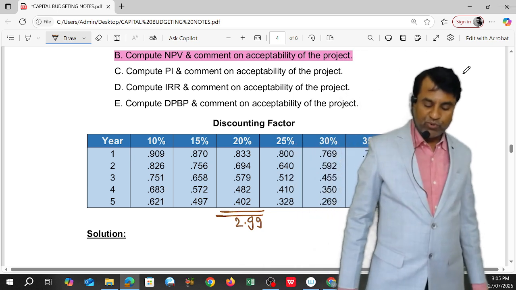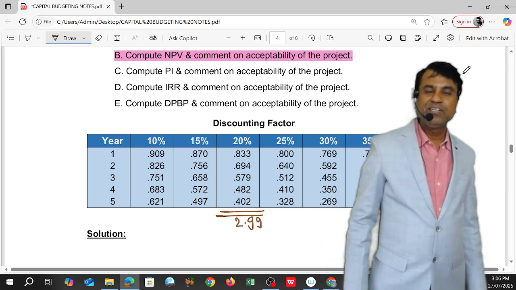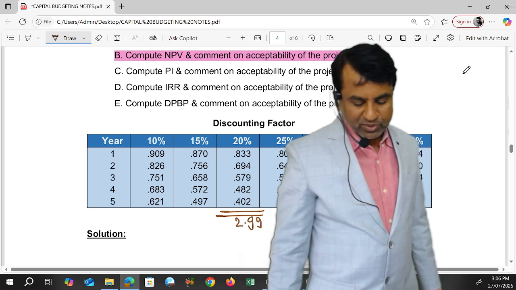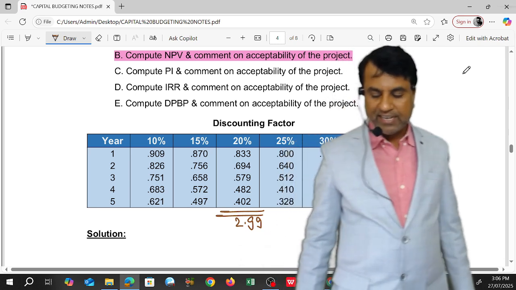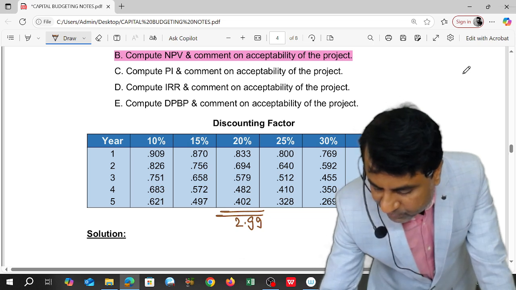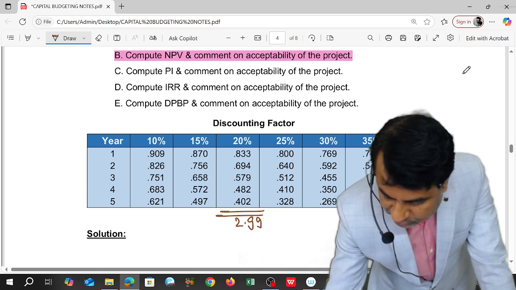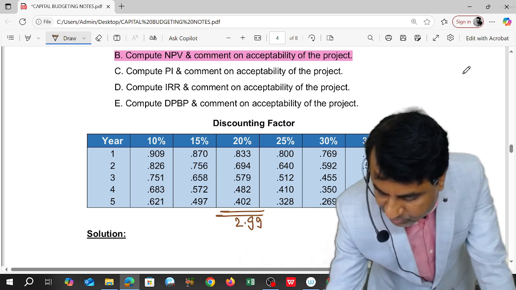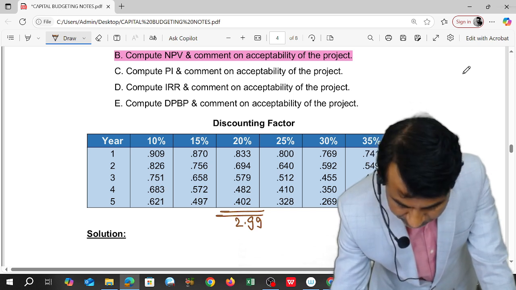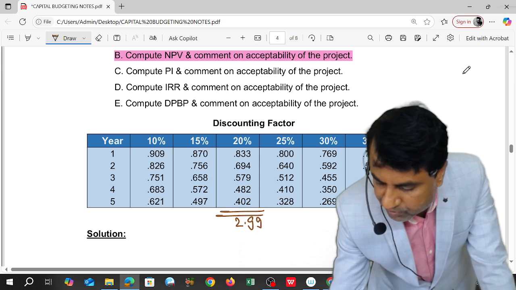So better to try for 30 directly, क्योंकि 25 से भी थोड़ा बहुत पॉजिटिव आ गया तो फिर से फंसेगा काम, क्योंकि हमें एक चाहिए पॉजिटिव, दूसरा चाहिए निगेटिव। लेट्स गो फॉर 30%। 30% के फैक्टर है यहाँ पे 0.769। इसका मैं टोटल कर लेता हूँ सो दैट आई कैन डू इट फॉर एक्स एज इट इज एन्युटी। So 0.769 is first one. Second 0.592. I'm trying directly 30%, students, plus 0.455 plus 0.350 plus